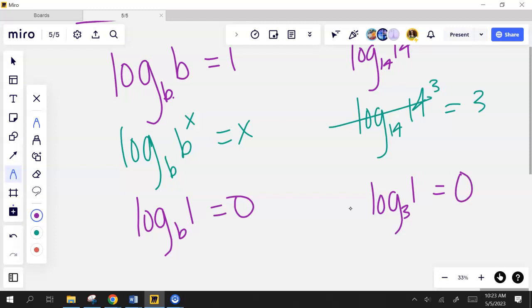Okay, y'all ready for the good stuff? It's not hard, it's just